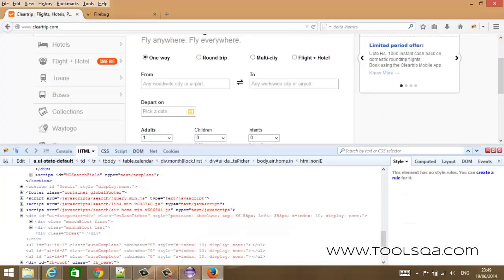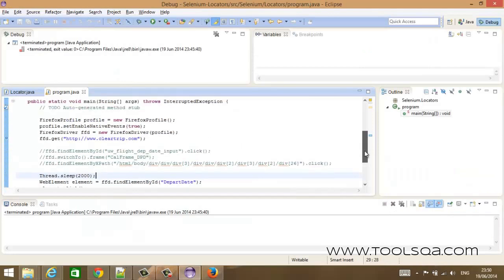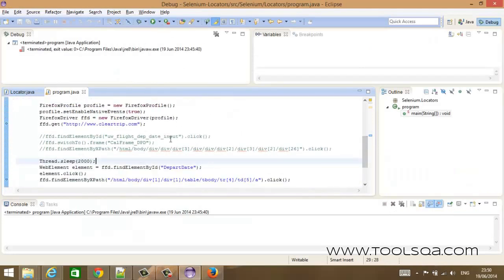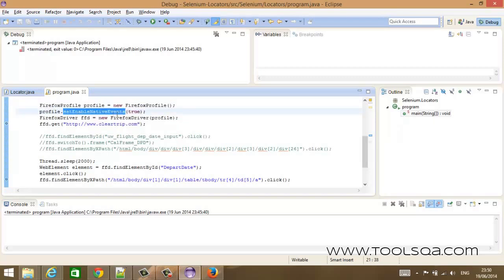Let us try to code this in Selenium. So first we have to click on this element in order to bring out the date picker. So here it is. This element has an ID depart date. I will write a simple test case where I will create a Firefox driver. Well, you don't need a profile here, but just for the sake of it, I have created a Firefox profile and enabled all the native events. So I have created a Firefox driver using the same profile, and with the Firefox driver I have navigated to